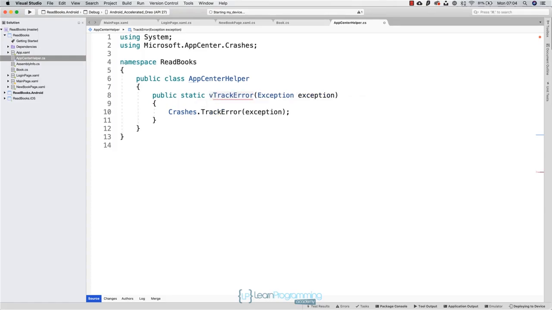The way, this is going to be void. So this is it. This is how you track the error. And you may find this redundant to create a method that is called exactly the same way, but the reason